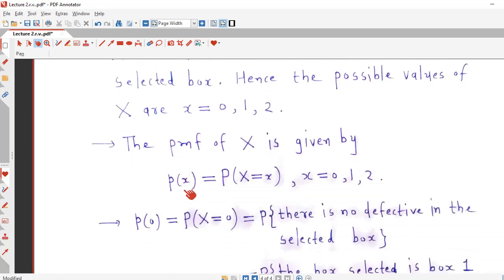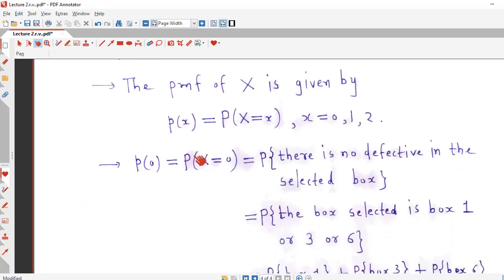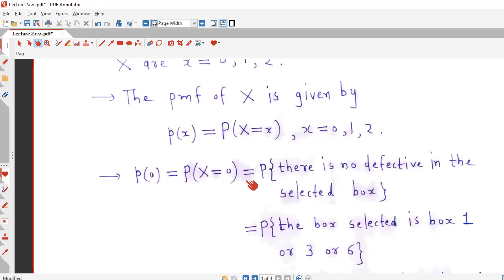Now by definition P of x equal to probability of event capital X equal to small x, and here x runs from 0, 1 and 2. So let us find out probability for each value of small x. So by definition, if you put x equal to 0 here, then the value of probability mass function at x equal to 0 equal to probability of this event, capital X equal to 0,